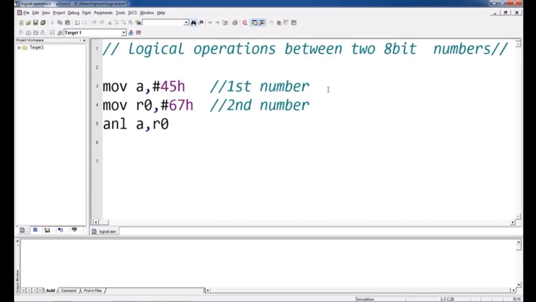So what may be the logical output? 45H is 01000101, and the second number, 67, is 0110 0111. You already know the AND operation. If you are doing an AND operation between two binary numbers,